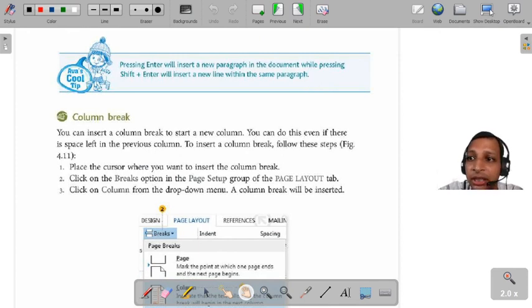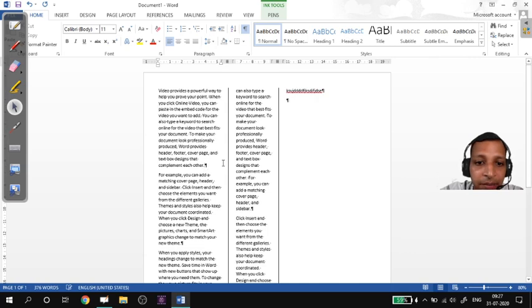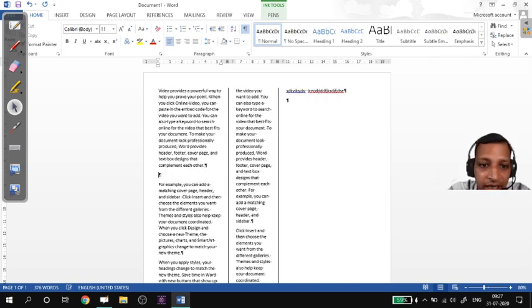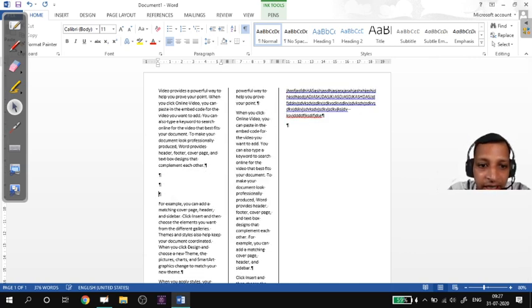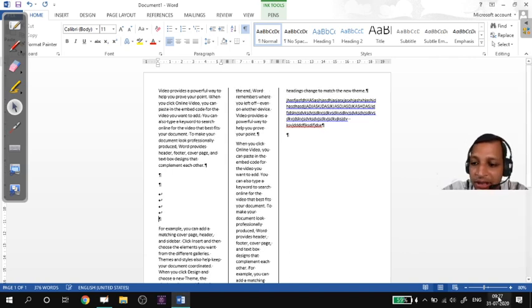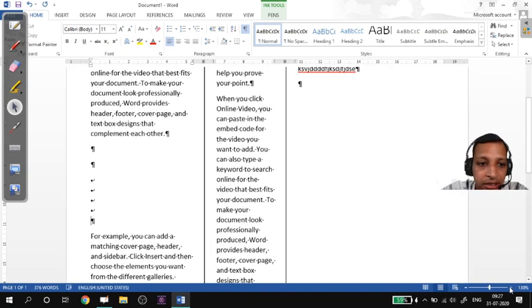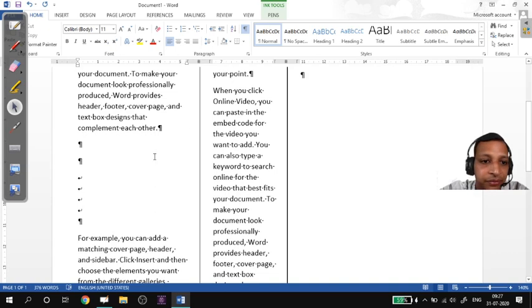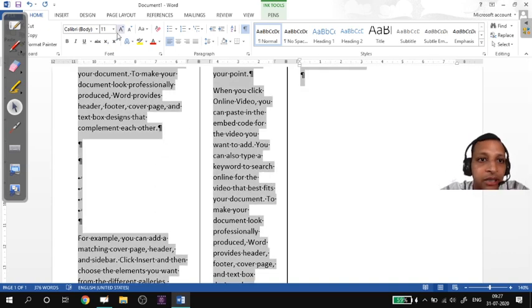I'll just show you all that. Say this is a paragraph. If I press Enter, see this Enter sign, Enter, Enter. Sorry, Enter means new paragraph. Supposing I press Shift Enter, you can see the white space characters. I think everybody can see. Make the font bigger.